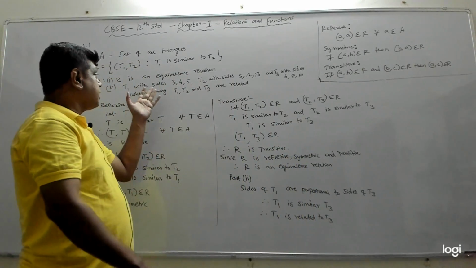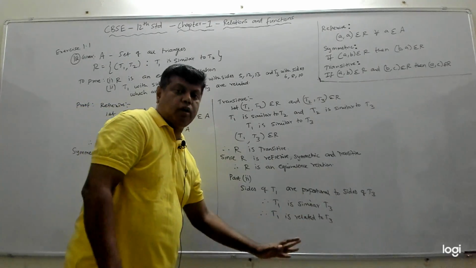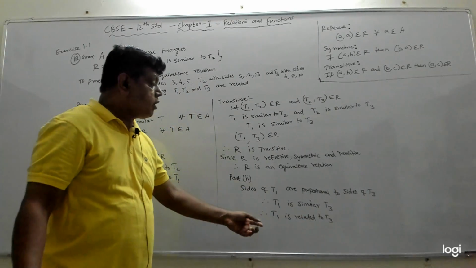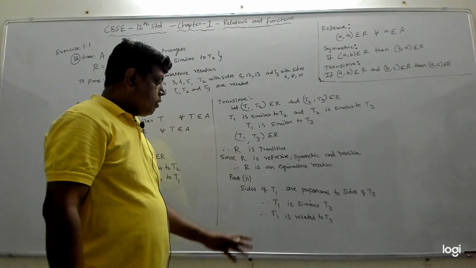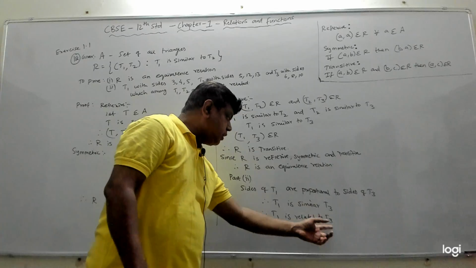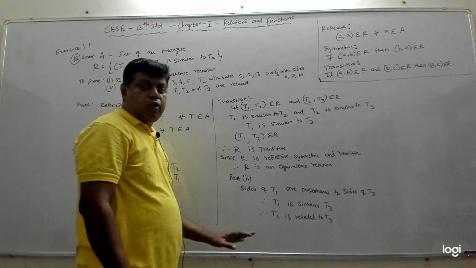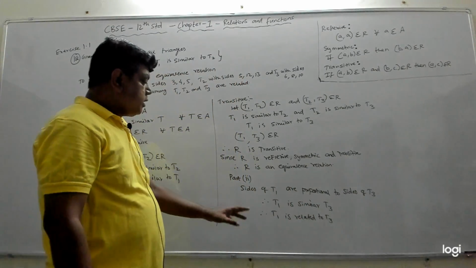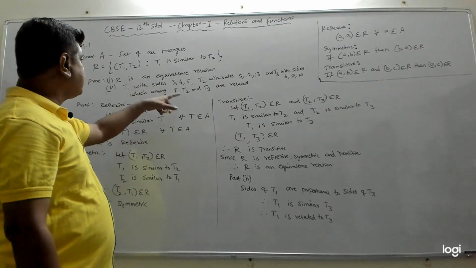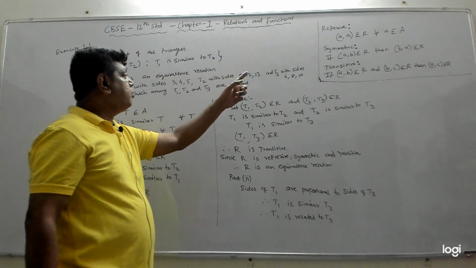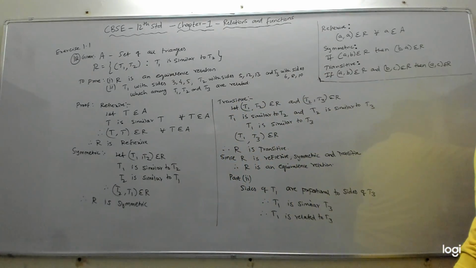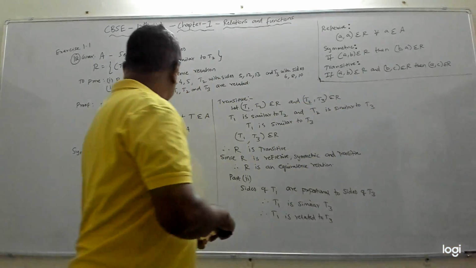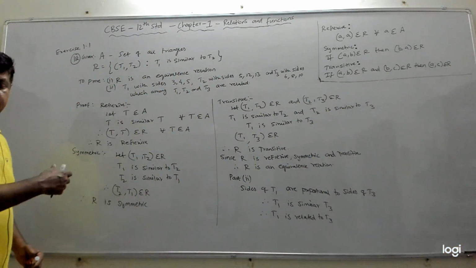Doesn't matter. Since it's an equivalence relation, other conditions are, even you can say T1 is related to T1. T2 is related to T2, T3 is related to T3. But T1 is related to T3, or we can say T3 is related to T1. That way also. So here, what it says is T1 is related to T3. Among these three triangles, only T1 is related to T3. Or you can even say T3 is related to T1, the reversed way, because it is a symmetric relation. Fine. So all of you pause the video and take the notes.